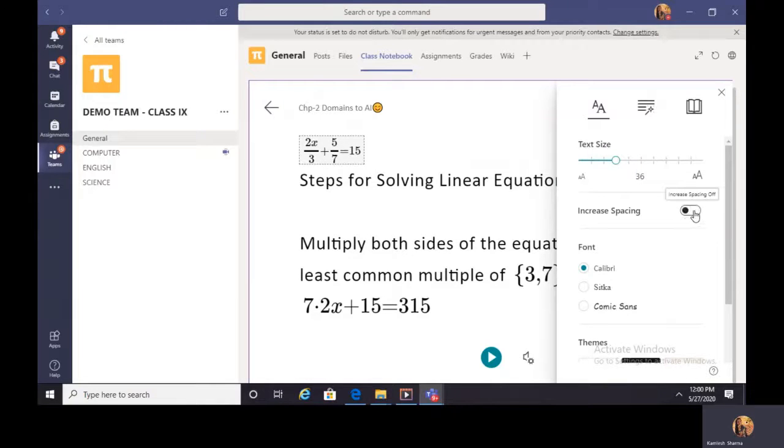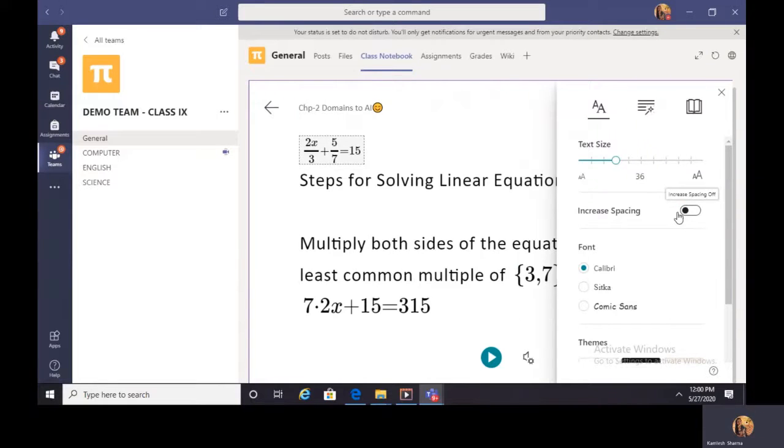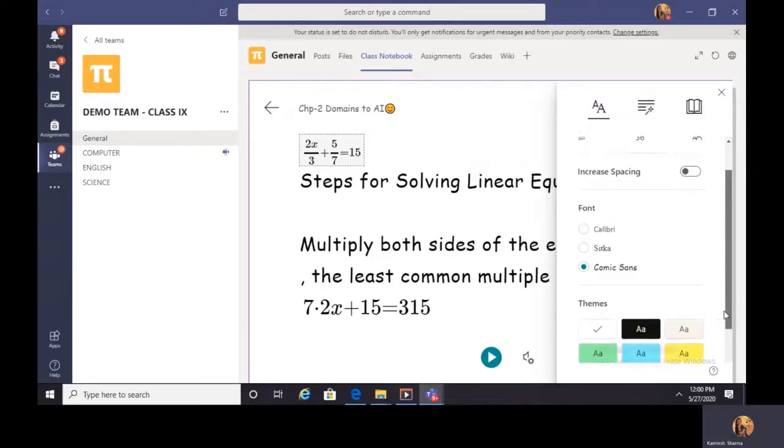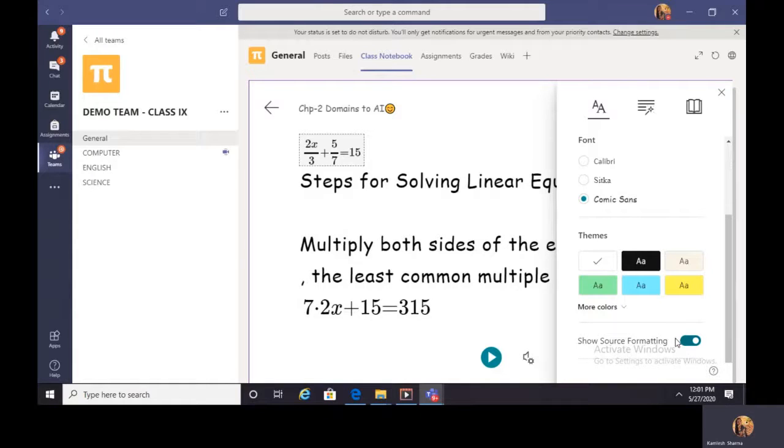You can increase the spacing between the words. Then you have the option of changing the font and even the theme. So many things are here which you can try out yourself.